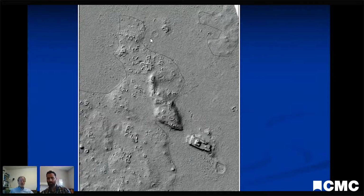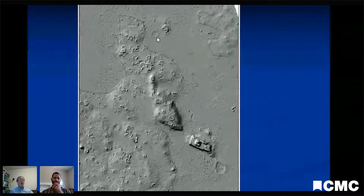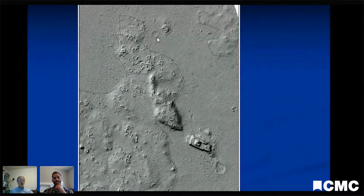This is actually in the swampy low area. That's why this ground is so smooth. This is swampy area here, which is also why there are no houses down there. It floods. But best we can tell, the water does not get into the reservoir. It's isolated. And it turns out when you work out the volume of the reservoir, which we can do with LiDAR, we weren't able to do it before LiDAR,